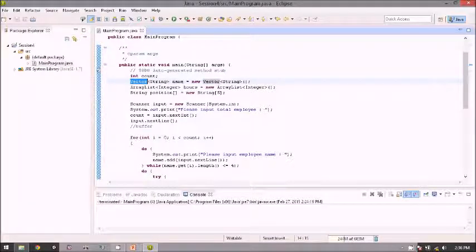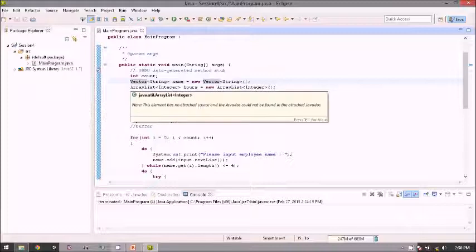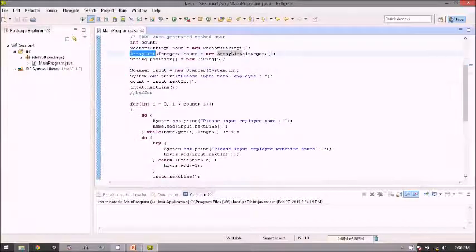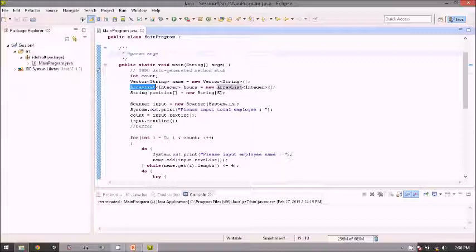So if you change the value of the vector in thread number 1, it will change the vector in thread number 2, so it will be synchronized, so no problem. But if you use array list, it will not synchronize between the two threads, so you must be very careful about what you use.